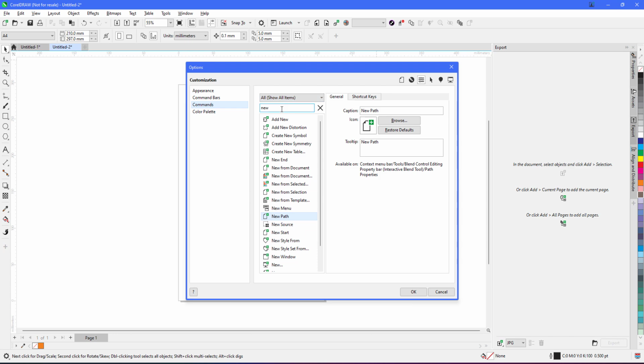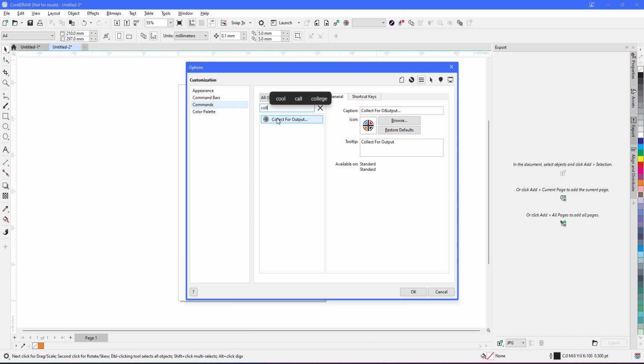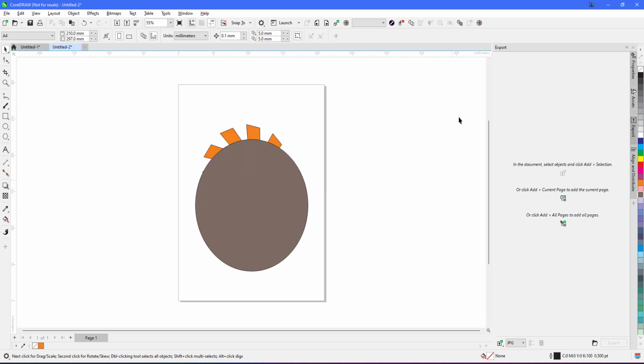In a similar manner, for collect for output, you have to just type collect and you will find the option over here. Simply drag and put it over here. And now once the button is permanently kept, if you want to remove those buttons, you can simply press the Alt key on the keyboard and you can